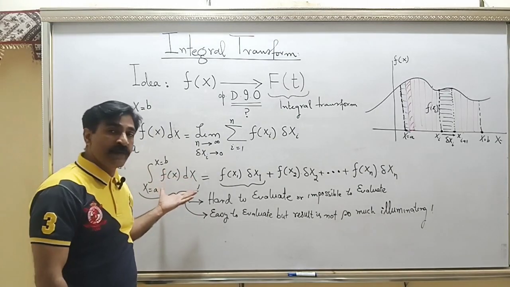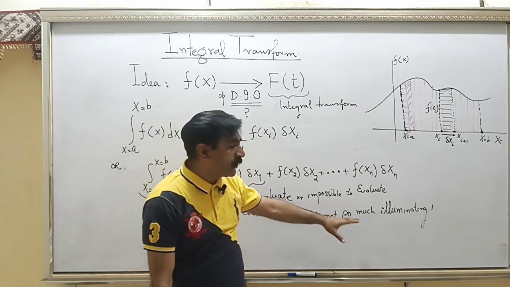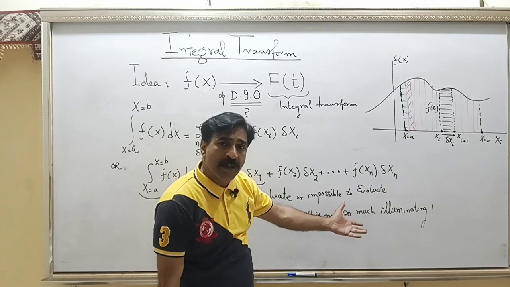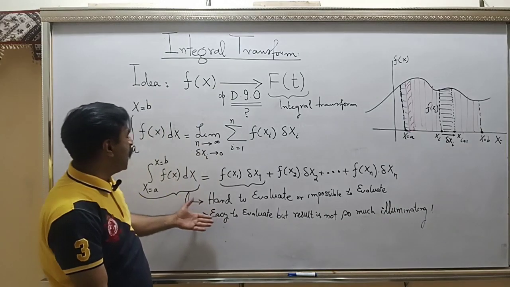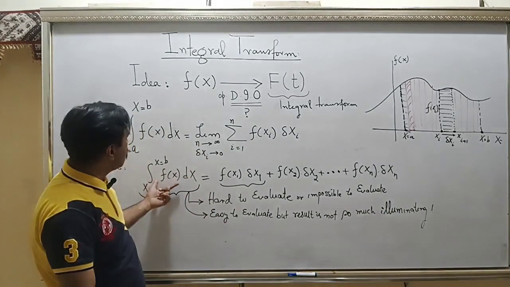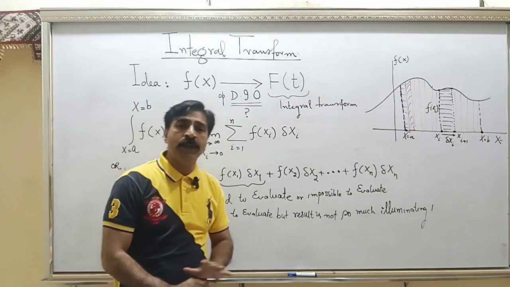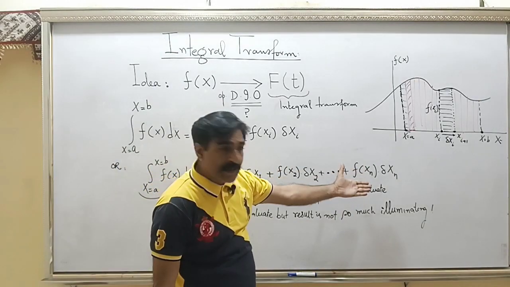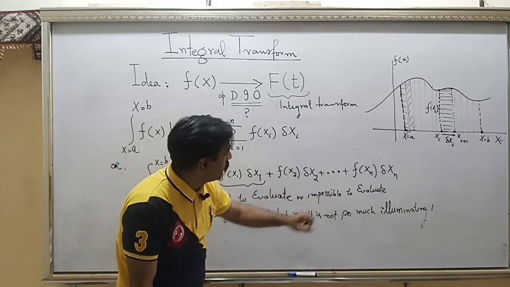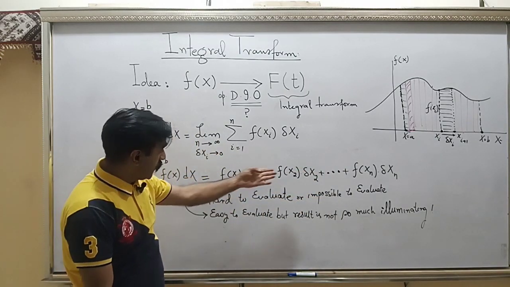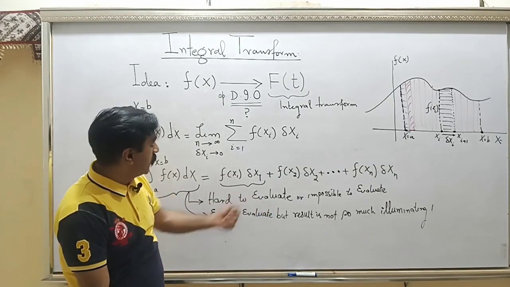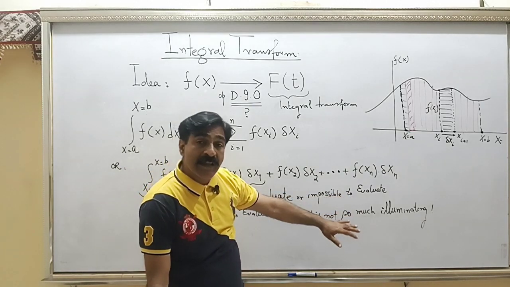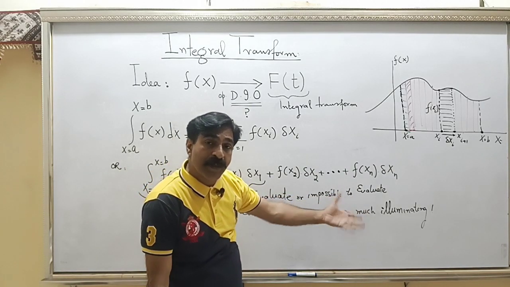This integral is easy to evaluate, but the result which we get is such that it cannot be used in some practical ways, right? Or there can be any other reasons that we don't wish to have this definite integral, right? That means this sum is such that we cannot evaluate it, or it is very hard to evaluate, or it is easy to evaluate, but the result doesn't suggest some practicality,